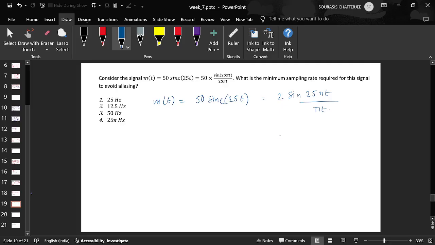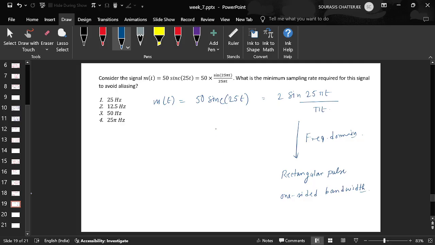And of course in the frequency domain, the spectrum is going to be a rectangular pulse whose one-sided bandwidth